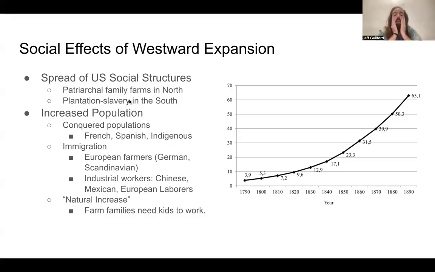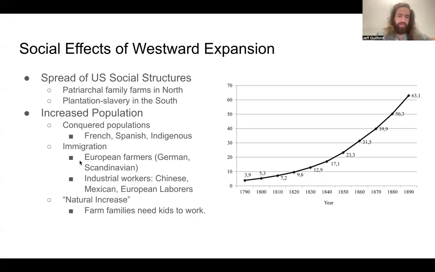This also results in the increase of the U.S. population. First of all, by incorporating conquered populations into the U.S. population. So about 30,000, 40,000 French dudes, a bunch of Spanish folks from the Mexican cession, and then also a bunch of indigenous folks who had previously been occupying the territory of other empires.